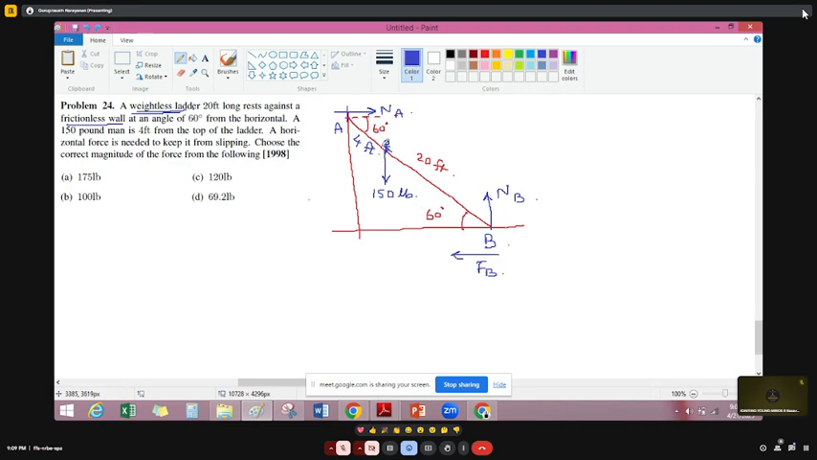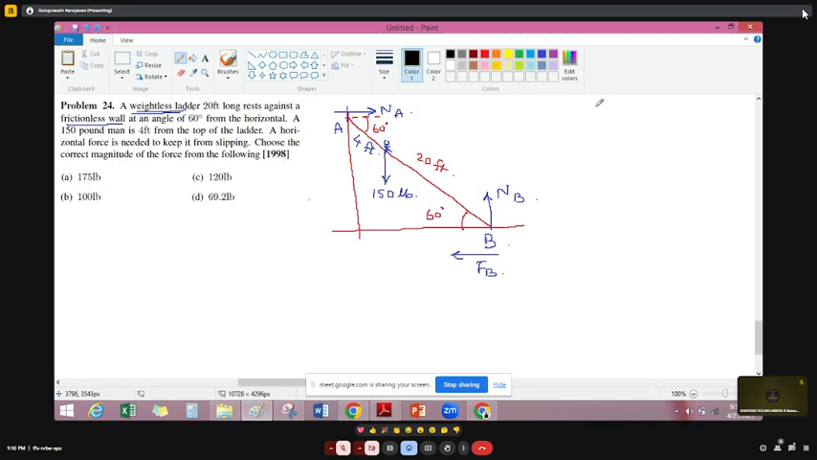That's all. So somebody is putting some load here. There is a normal reaction here, a normal reaction here, and then the horizontal force to keep it from moving this way. If you understood this, you know that this and this should be equal, and this and this should be equal, because there is no other force in the vertical direction. So NB,